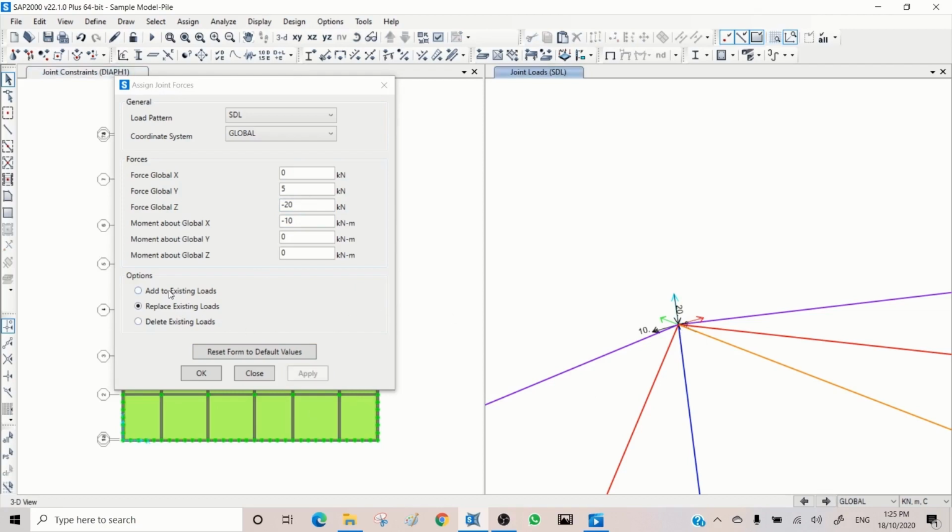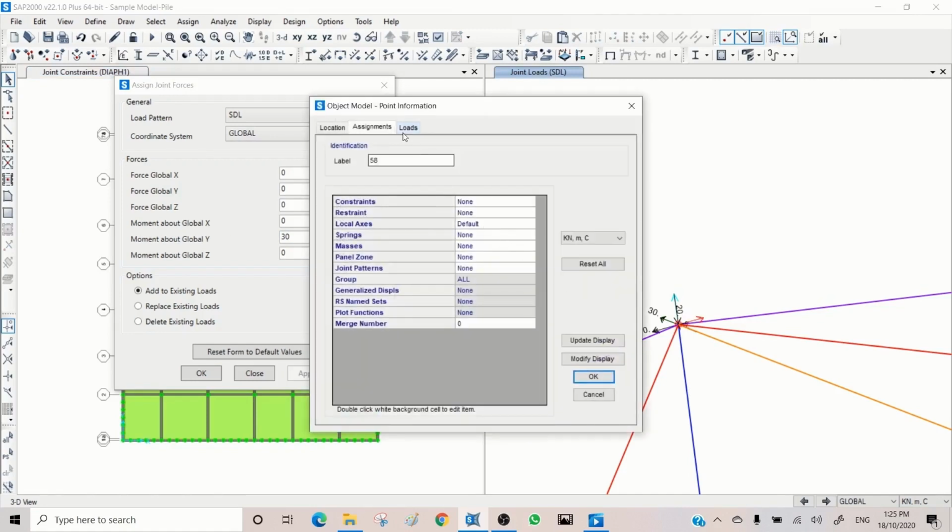The other option you have is add to existing. For example, I may change all of them to 0, and then I'm coming and add something to existing one. For example, moment in global Y, I put 30 here, and when I use add and apply, this moment is added here. If you right click on the joint and come to the loads, you can see the load,